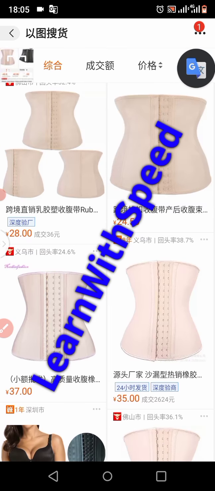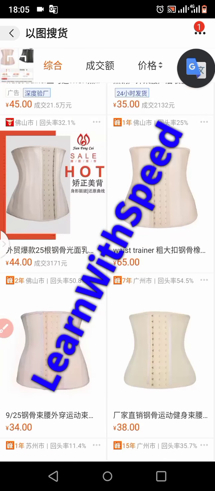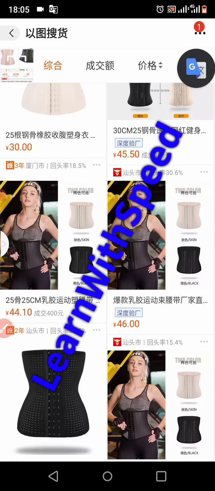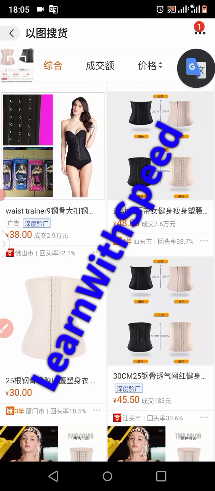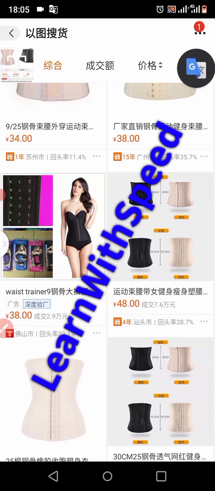You can see with the image search, I was able to find the product in 1688 app, not website, app. So this means if you see something you like and you don't know the name or details, maybe you see a particular shoe you like, there are many shoes, so you can't just type shoe. You just bring the image, upload it.